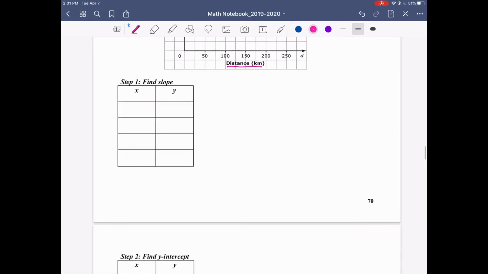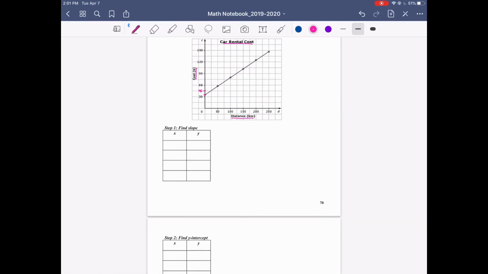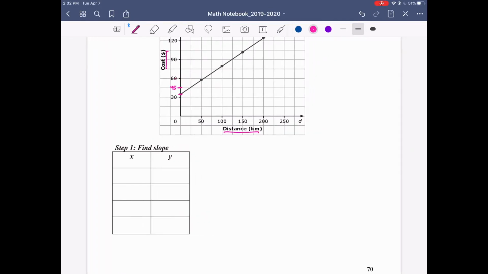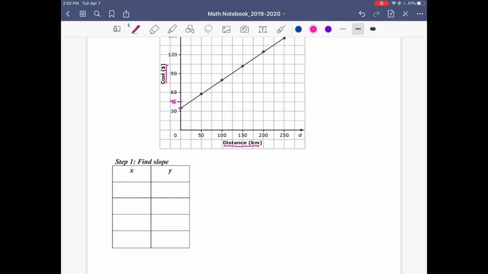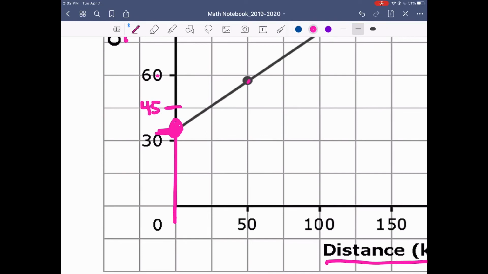Okay, so to make it easier for us, we're going to estimate the values a little bit. What you want to do is start off with your first point, which is where x is 0. And when x is 0, y is around, let's say, 35. And then our next point, you don't have to do every single point in the graph, but let's say our next point is over here, where x is 50,